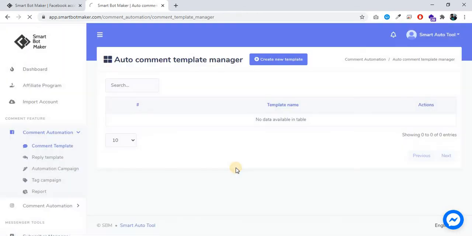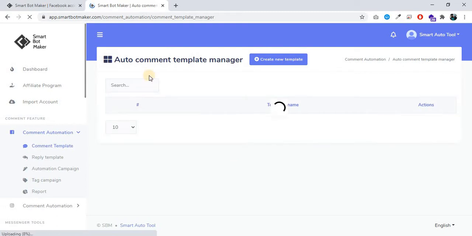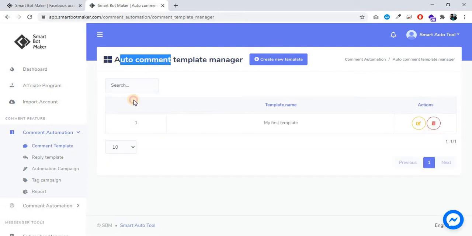Okay. After you reload the page, it will show. With this feature, the Smart Botmaker will automatically comment on your Facebook post. Now I am going to show you a demo.